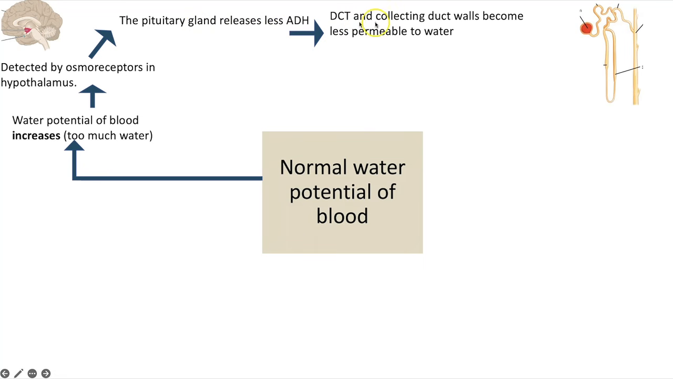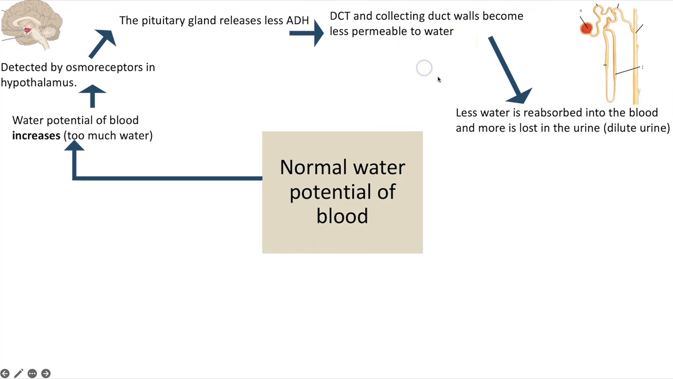That means the DCT and collecting duct walls become less permeable to water because you're not going to have as many aquaporins being embedded. Less water is reabsorbed into the blood, and more water is therefore remaining in the filtrate to form the urine. So as a result, you have larger volumes of urine and it's more dilute, meaning more water in it. So you're removing that excess water,